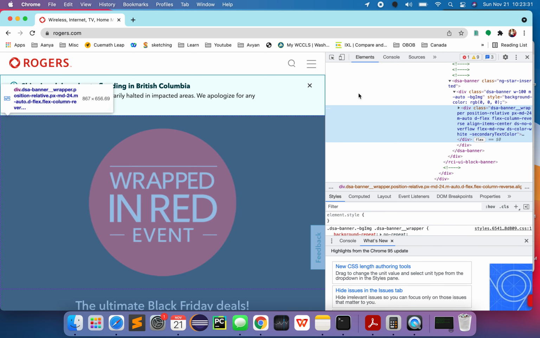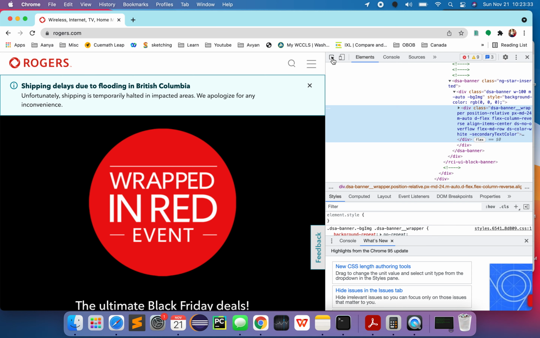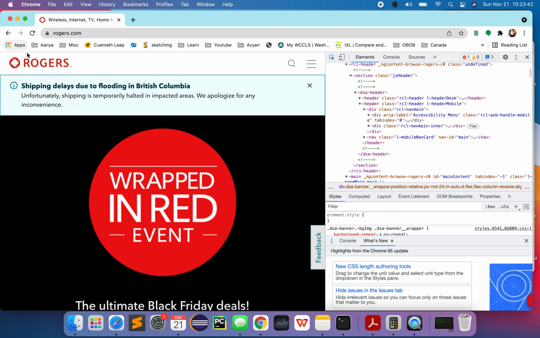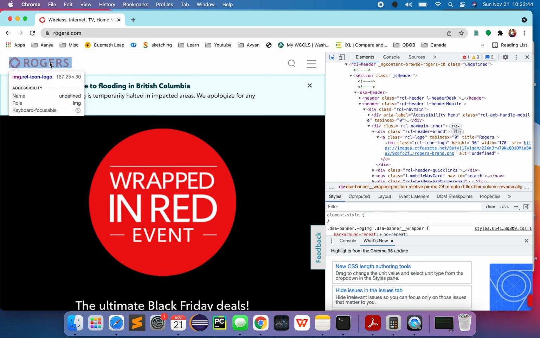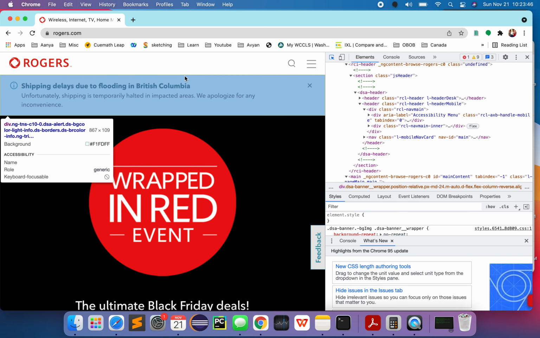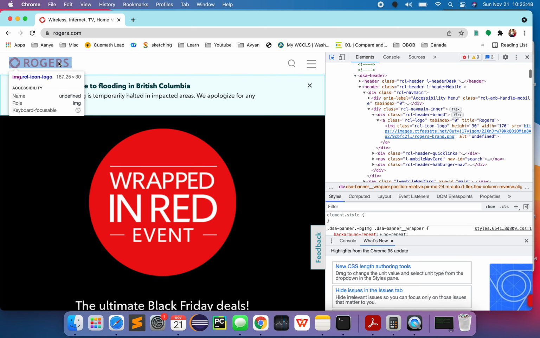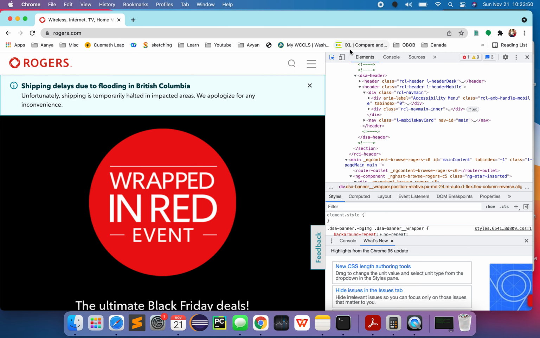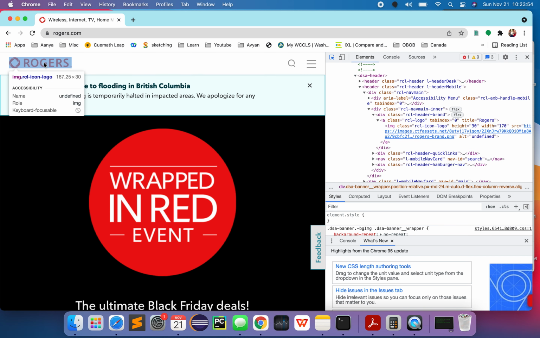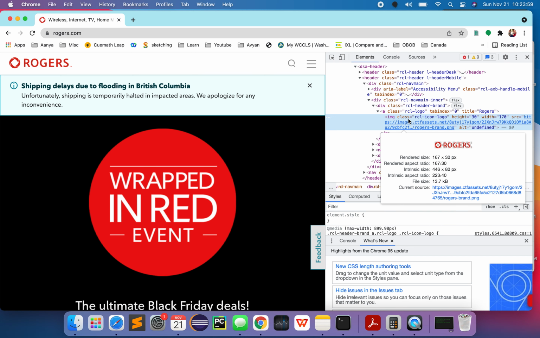Once your inspector is open, you click on this arrow. Why do we click on this arrow? So we can locate the element. So I click on this arrow, and let's say I want to know the name of this Rogers logo, so then I'll hover on this. I will not click, I'll only hover, meaning putting my mouse over it. I'll show you again. Click here and then hover on this element. You see this little thing? It tells me its name is image.